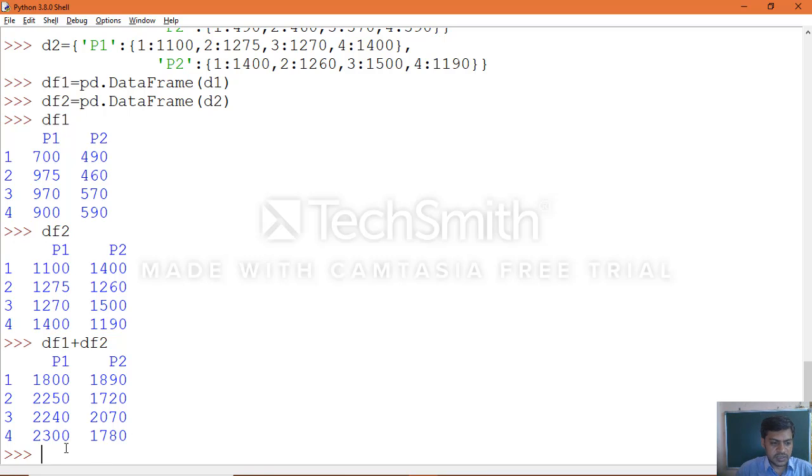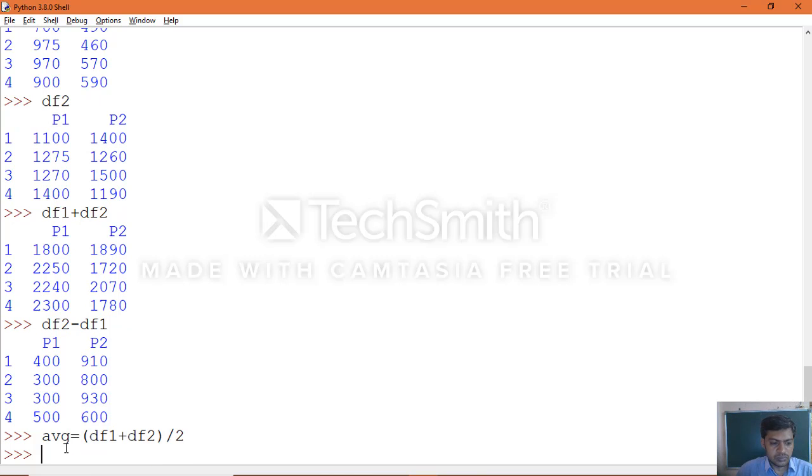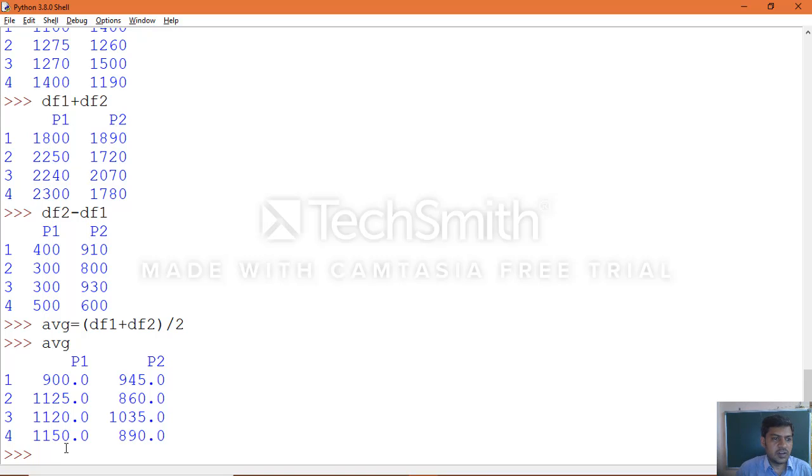Same way the difference which we calculated, df2 minus df1. Same way the average which we calculated. Yes, we got all three programs which were specified in the textbook, with outputs.